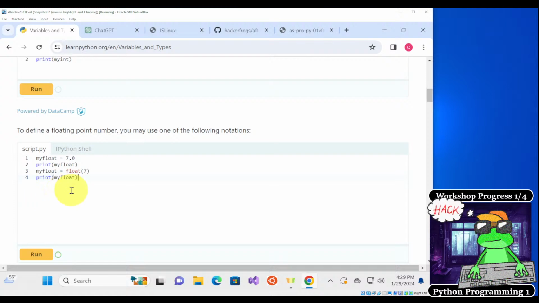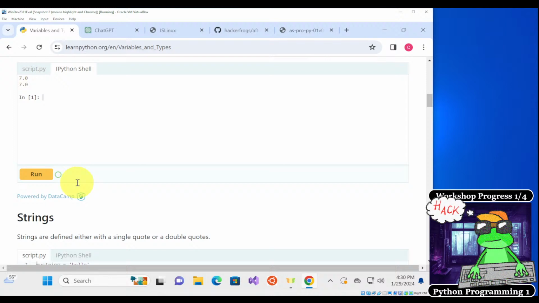We'll talk about functions a little bit later on, probably not in this workshop, but just know that when you print, that's also a function. And functions are these commands that you give that have parentheses. So if we were to print this, it's going to give us 7.0 twice. Okay, let's move on to the next section.